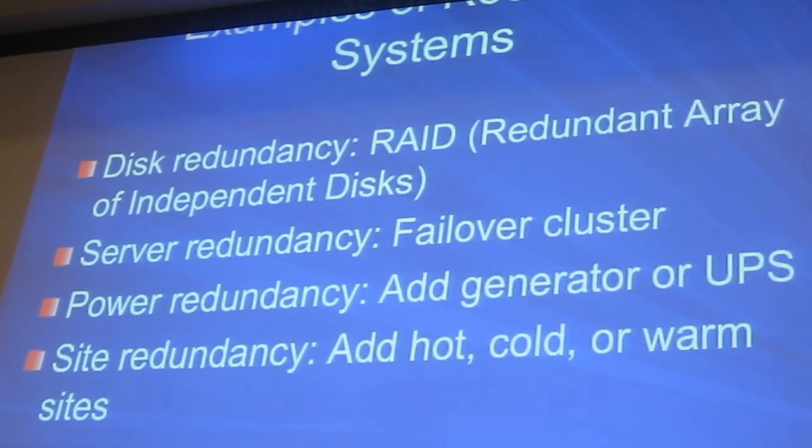So the most common example is RAID. If you have a single hard disk and it fails, your server goes down, so you put a cluster of disks together, a redundant array of independent disks, where you have 3 or 5 or some number of disks, and there's extra copies of the data on those disks, so even if one disk fails, the others can still deliver all the data to the user. That's how you survive the failure of a disk. Server redundancy, you have clusters, multiple servers, so if one server fails, another server can just take over the load,